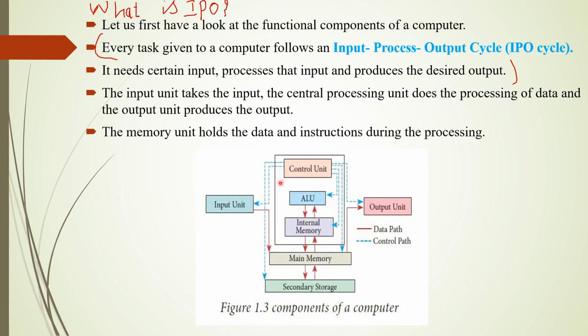Here I show you the diagrammatical representation of the components of the computer. You must draw this diagram for this 5 mark question. So listen carefully. The input is given with the help of the input unit, isn't it? So it moves on to the memory, that means the main memory. First of all, the main memory receives the value. Again, it moves on to the secondary memory.